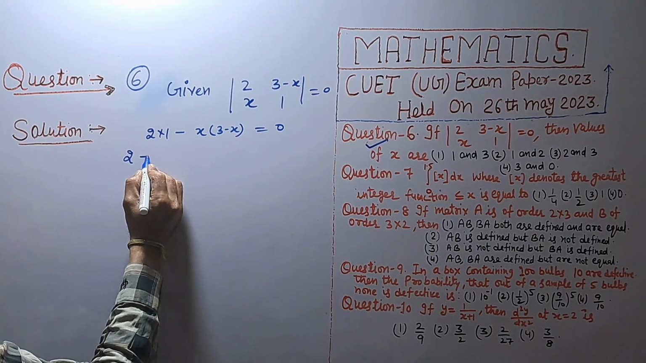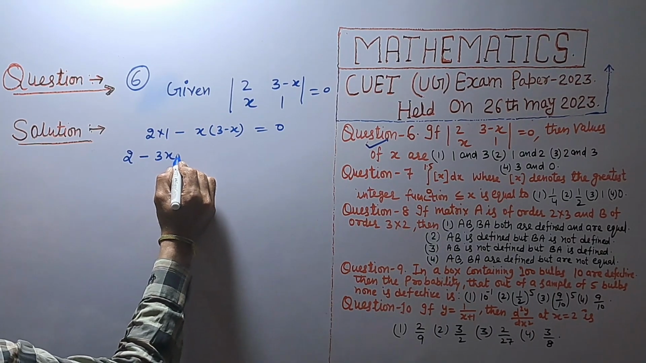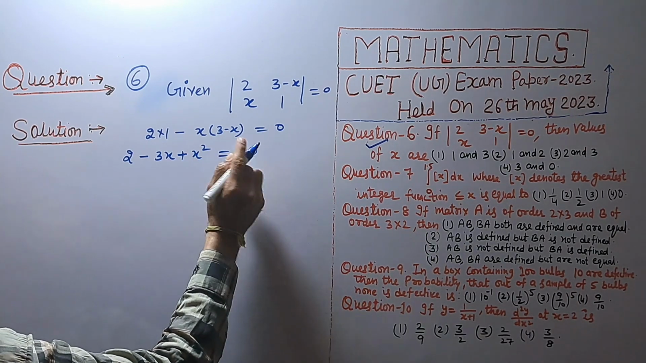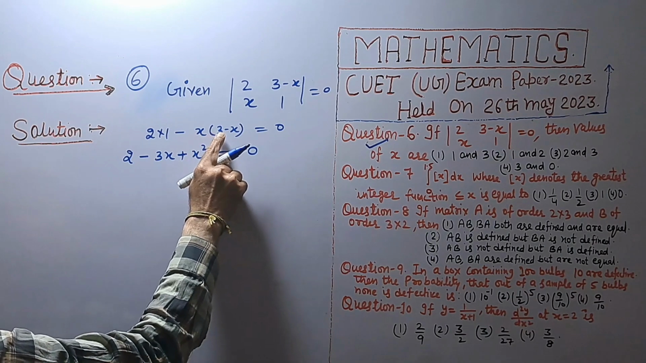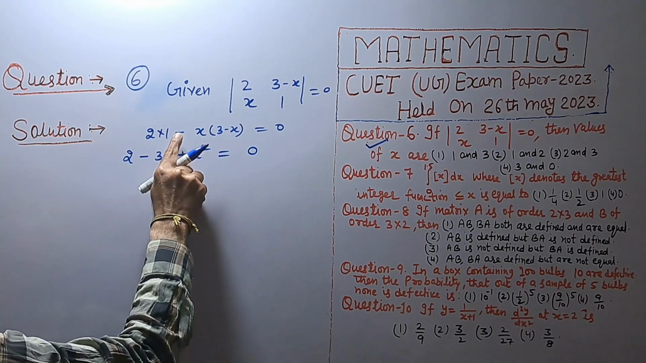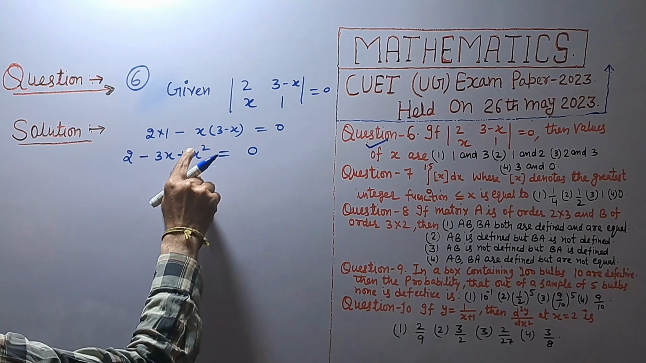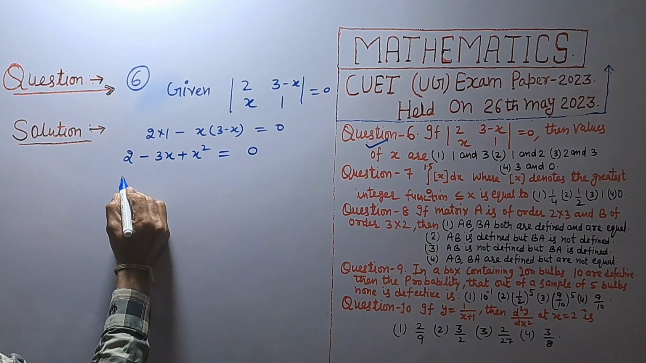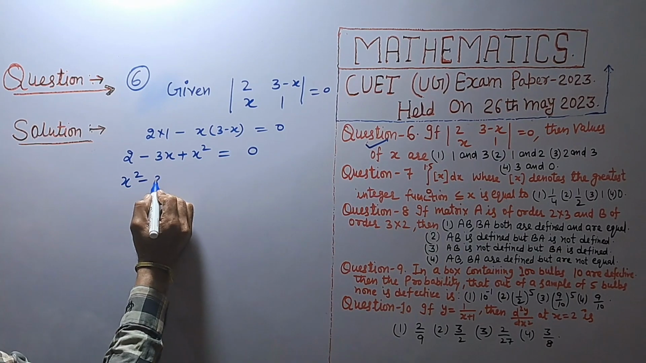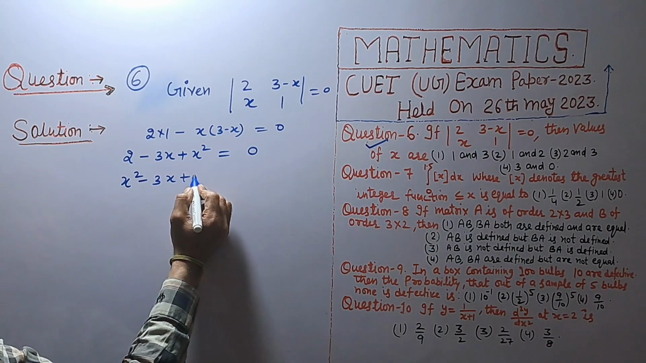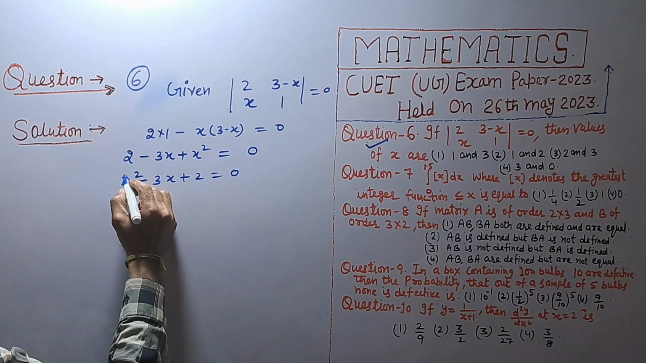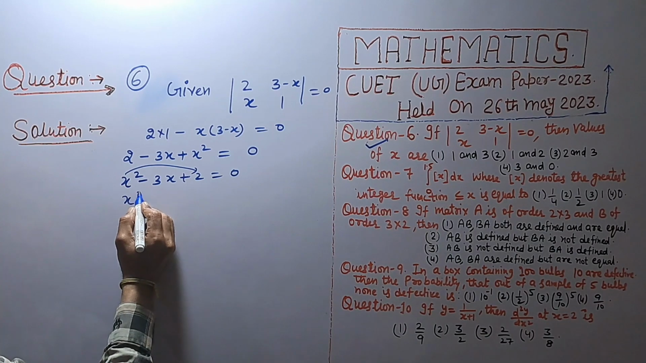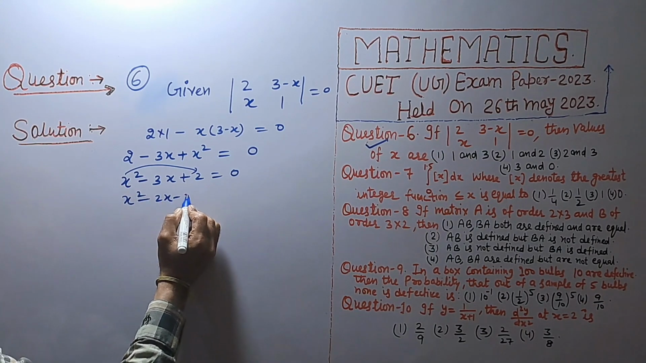2 ones are 2, minus 3x, plus x square equal to 0. X into 3, that is 3x, minus... plus x raised to power 2 equal to 0. It is a quadratic equation: x square minus 3x plus 2 equal to 0. Splitting by middle term, x square minus 2x minus x